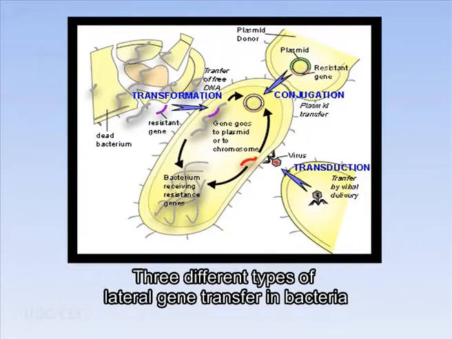So we know that the lateral gene transfer occurring in bacteria is of three main types: transformation, conjugation and transduction. Transformation takes place when a fragment of DNA is released from a dead bacterium and taken up by a recipient cell. Conjugation occurs when two bacterial cells come in close proximity to each other. Whereas transduction takes place when one bacteriophage takes up genetic material from the donor bacteria and gives it to the